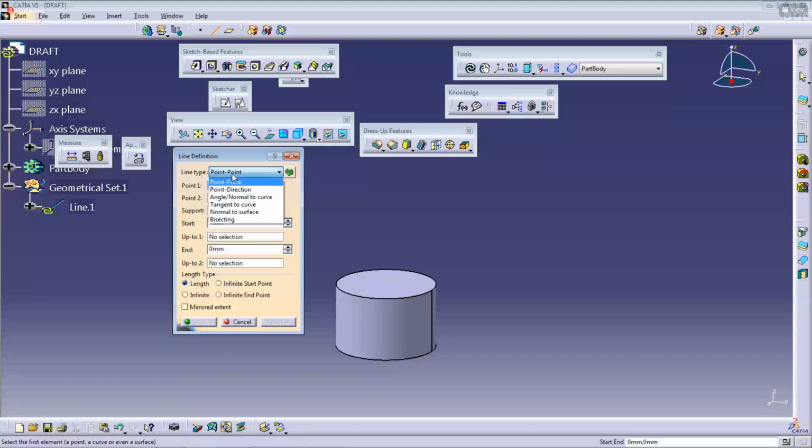These are the list of types. Please take a screenshot of this. Is it over? Yes, sir. Okay.